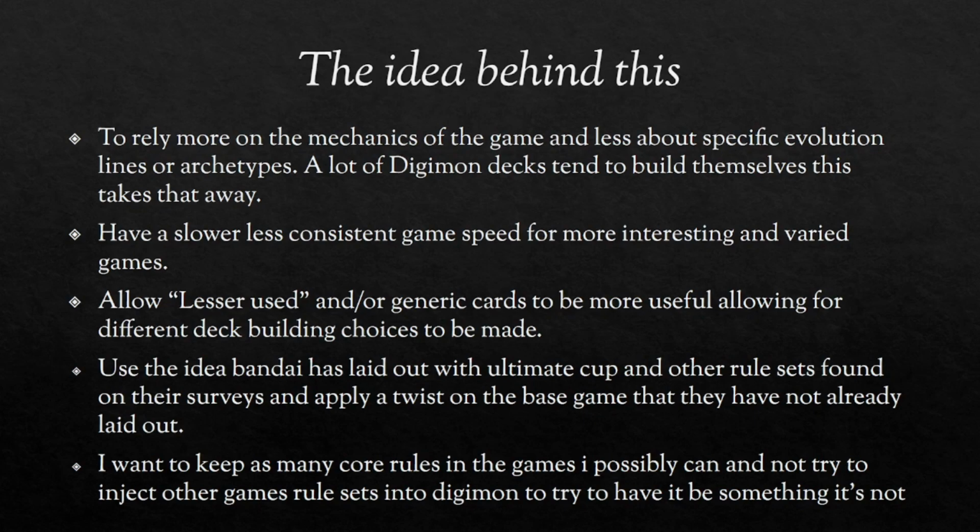But as far as Bandai's approach, because I did come up with this rule set based on the Ultimate Cup rule set and some of the other rule sets that they were looking at in various surveys that they hosted, it seemed like they wanted to keep the core rules of the game intact as much as possible, just applying a little bit of a twist to it. That twist is supposed to try to have a slower format, a less powerful format, and have games be a little bit more varied and not as consistent as the current base game, just to have a different experience while still playing the same game for the most part. So I chose archetypes more specifically as the thing to pick on and remove from the game